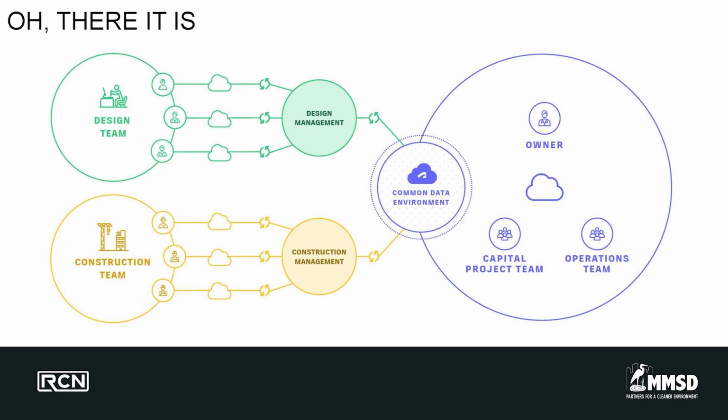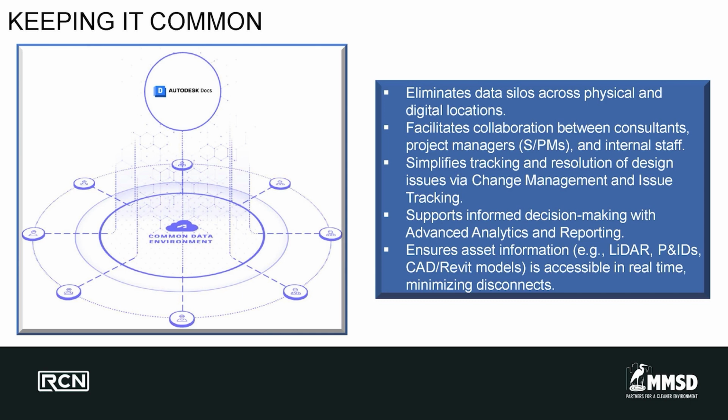Well, this one is actually the most current. It just eliminates those disconnects. One of the primary tools that we use in ACC is Autodesk Docs. Docs eliminates data silos across physical and digital locations. It simplifies tracking and resolution of design issues, and it ensures asset information is accessible in real time, minimizing all